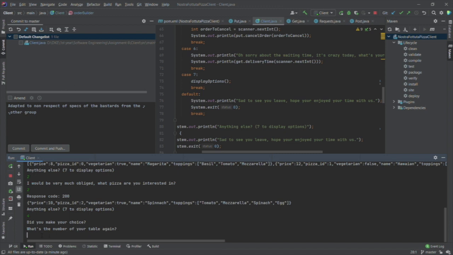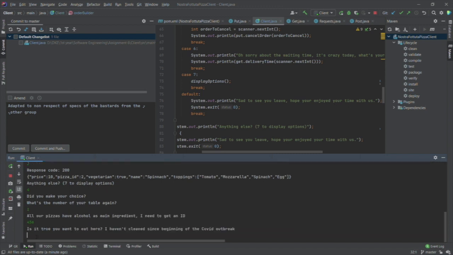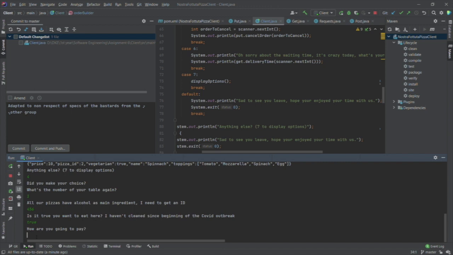So now, for compatibility reasons between the different versions of the specifications, we decided to ask for the order ID, even if it might not be used, as it will be the case in this server implementation. So we give basically an order ID number, then our customer ID, then if we rather take it as a takeaway or not, we're going to say true,